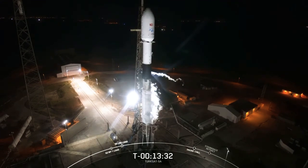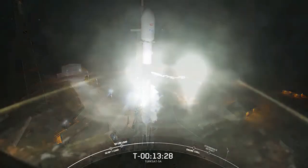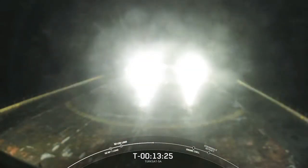Once separation is complete, we will attempt to recover the first stage on our drone ship for the fourth time. That drone ship you can see on your screen, known as Just Read the Instructions, is currently holding position in the Atlantic Ocean a couple hundred miles off the coast of Florida. If we stick that landing today, for those of you keeping score, it's going to be SpaceX's overall 71st